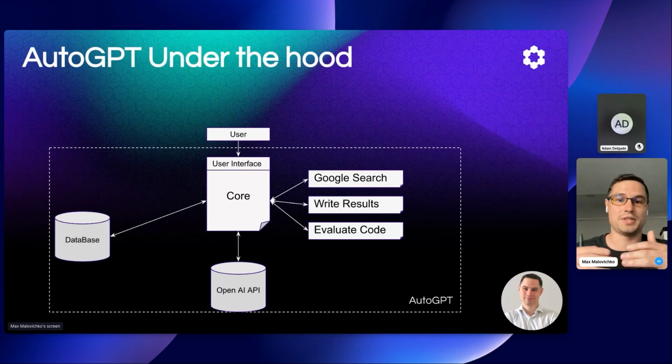So users start with crafting some high-level goals, putting it into the user interface. Then you have your Python application that grabs the input. You plug some commands into your Python code. For example, OpenAI cannot do a Google search, right? But you can plug certain commands. OpenAI cannot evaluate code for you, right? But you can plug a specific command, which is, think of it on a very basic level, like a big switch statement, right? So if I know what command to run, I can just drop the Google Search API library and I can perform my search using Google Search. But someone needs to drive that, and it doesn't have to be the user.